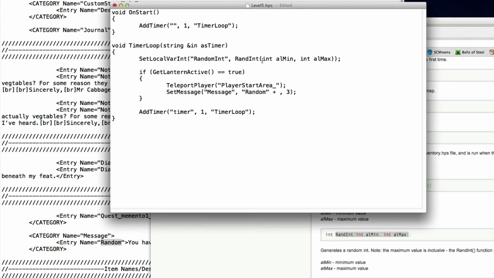Sorry if this is kind of confusing. Minimum is 1, maximum is 4. Actually I had that on my clipboard. This is just what I did here earlier. I'm just using it in a separate function so that it will have a name, and therefore we can call the name instead. So if the lantern is active, we're going to teleport the player to spawn area underscore, and then we're going to add the number of get local var int, random int. Okay,